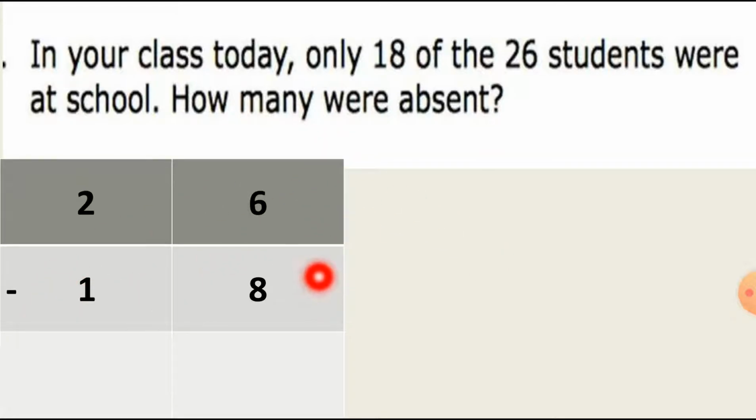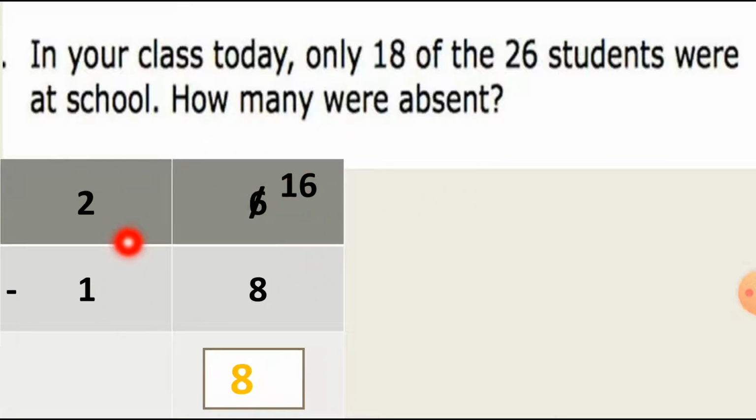So here at the ones column, 6 minus 8. We cannot cut a bigger number from a smaller number. 6 is the smaller and 8 is the bigger number. So we have to take 10 from the tens column and add it to this 6. So first we cut the 6 and 6 becomes 16. Now we can easily cut this 8 from 16. So 16 minus 8 is equal to 8. Now this ones column is complete.